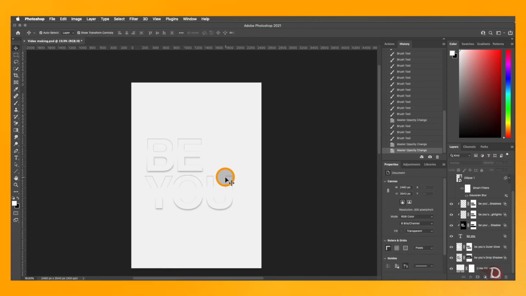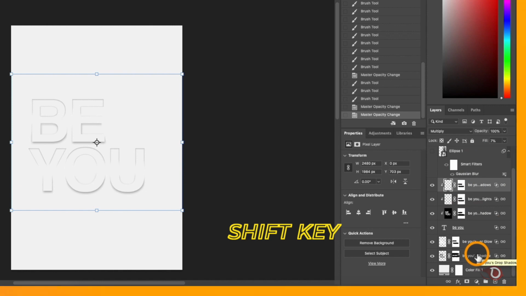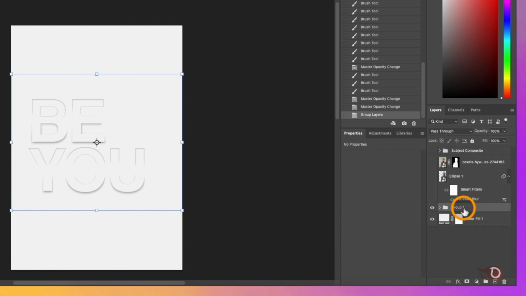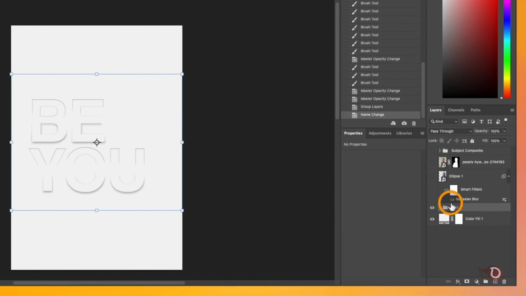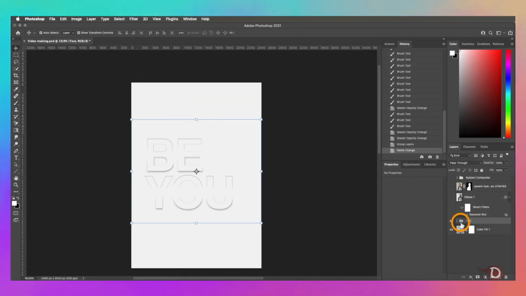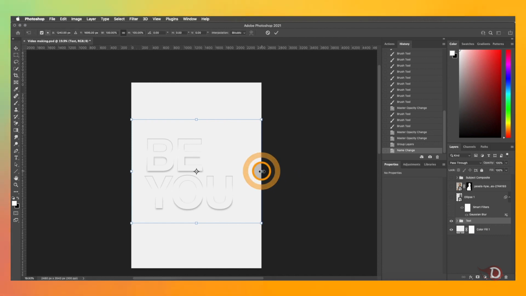I'm done here. Now we will select all these layers by holding the Shift key and clicking on the topmost and bottommost layer, and press Ctrl or Command G to group them together and rename it as text. We'll again activate the transform tool. How are we gonna do that? Either you can press Ctrl or Command T, or just click on any of these handles